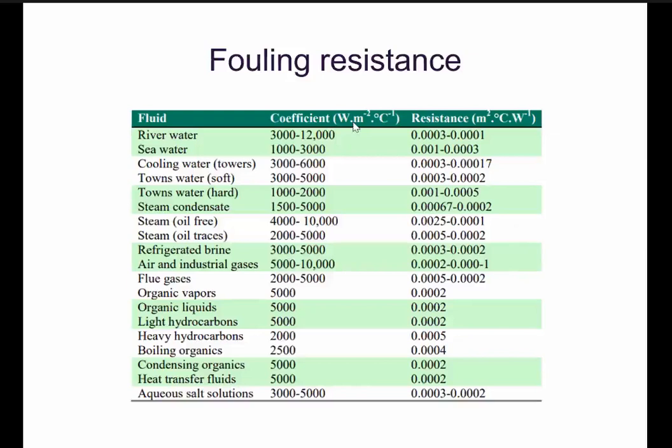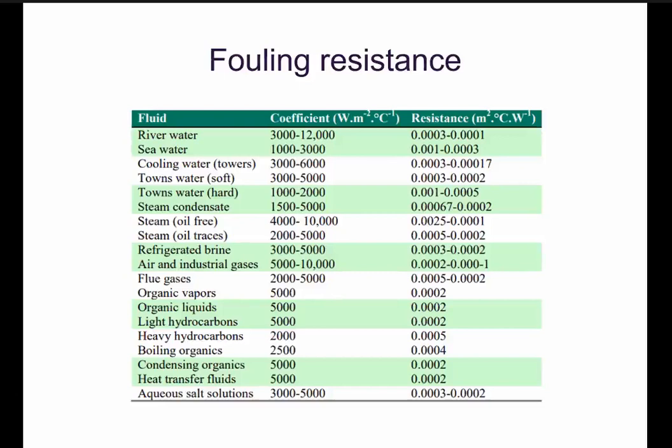So this is a common fouling resistance. This is common, but again, the right people to get this fouling resistance from are the technology people, because these fouling resistances have been found out experimentally. So when you design a heat exchanger for a particular technology, the technology people will give you the fouling resistance. Make a note of it. If they are not giving it, you can take this general value.